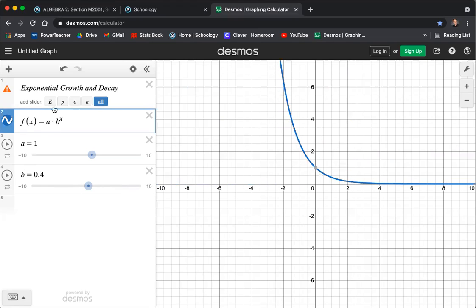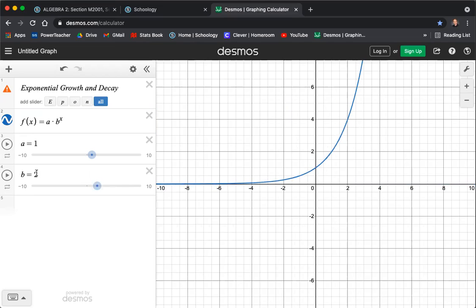So these exponential growth and decay functions, the b value, what is underneath this exponent, determines whether or not the function has growth or decay. So this one starts off with a very large value, and it starts decaying as we increase the exponent. Once again, if I increase the value of b, what's happening here is we are taking b and raising it to the value of x. So like b to the power of 0, b to the power of 1, b to the power of 2, b to the power of 3, and so on,